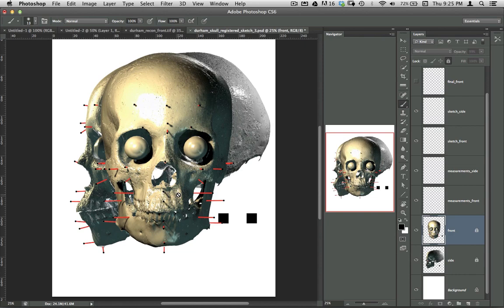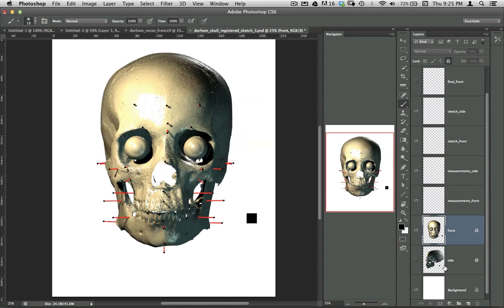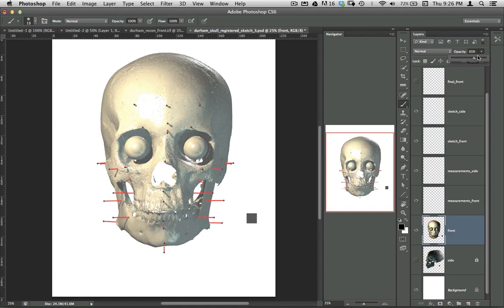I'm going to start working in the front view, but some of the measurements I make in the front view will influence the measurements I make in the side and vice versa. So we'll be jumping back and forth, but let me just turn off the side view for now. This front view is a high contrast visual image here, so I can unlock it, and up here under opacity I can just turn this down a little bit, or open up the slider, just so I can concentrate on the drawing rather than